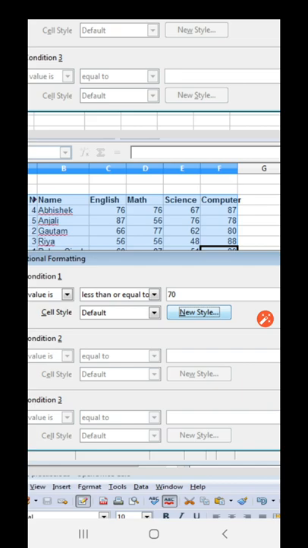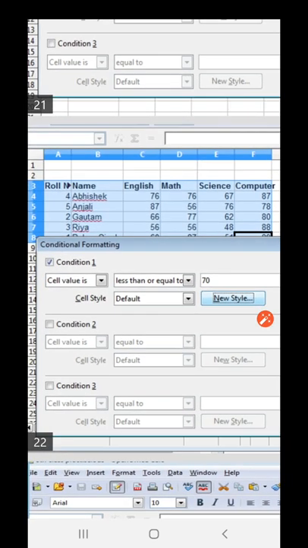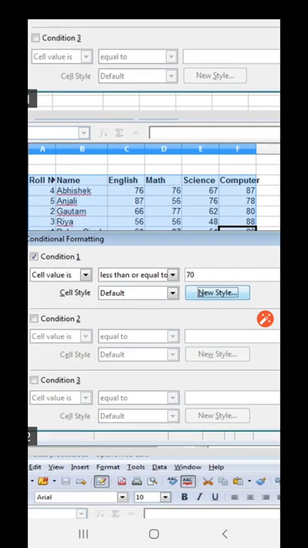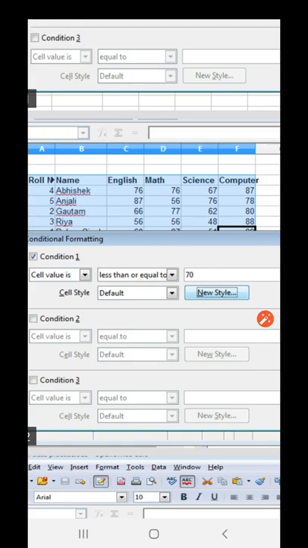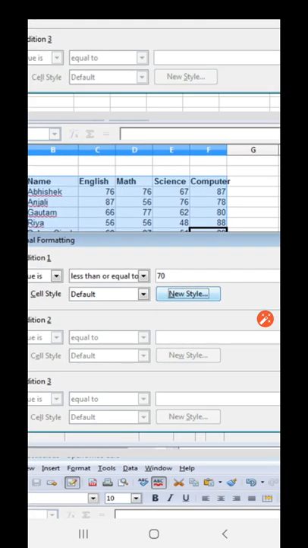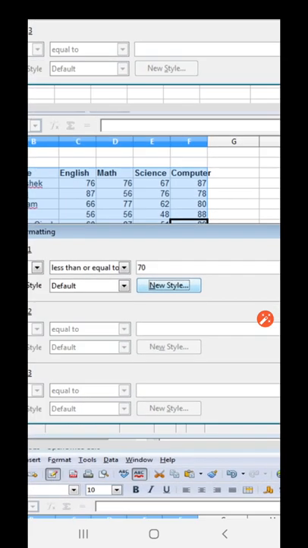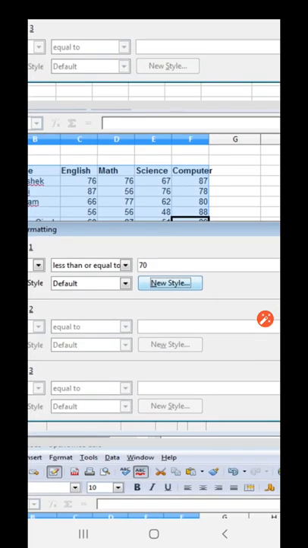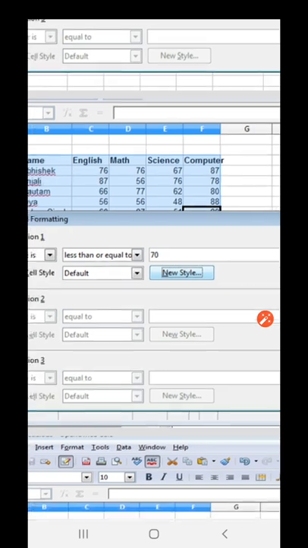Here I have selected the less than or equal to option. Cell value is less than or equal to. We need to specify some value in this text box, like 70, 65, any value of your choice you can enter here.